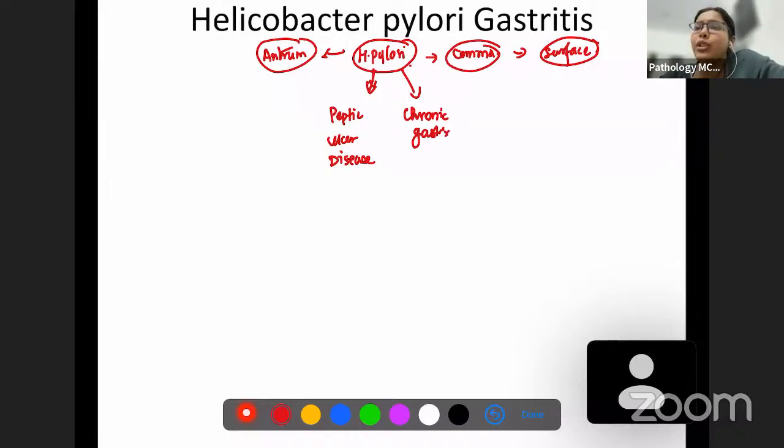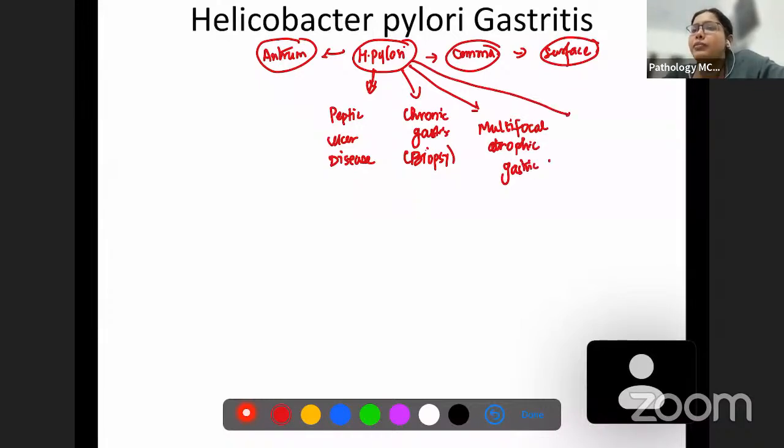And we also saw that in advanced stages it is going to cause multifocal atrophic gastritis. This is more of a biopsy finding. Multifocal atrophic gastritis can then lead to gastric carcinoma, gastric adenocarcinoma, and